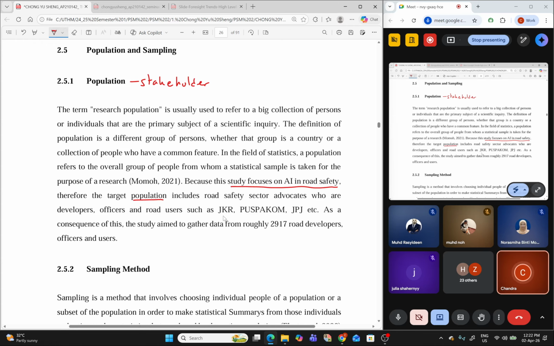The population, as I told you, is JKR, Puspacom, JPJ and so on, whoever is related to road safety. When my student did the research, she got roughly 2917 road developers and officers users. Okay, this you are going to identify.